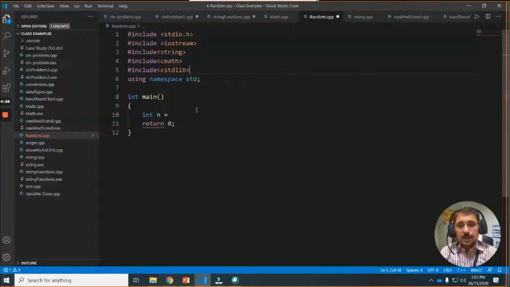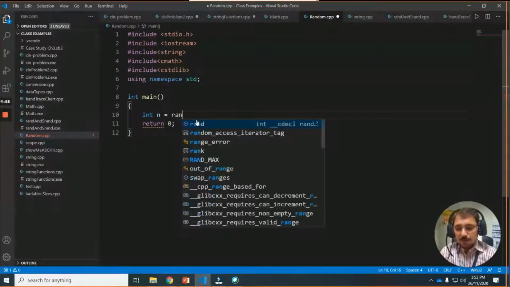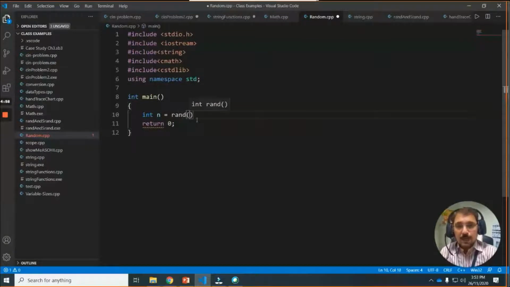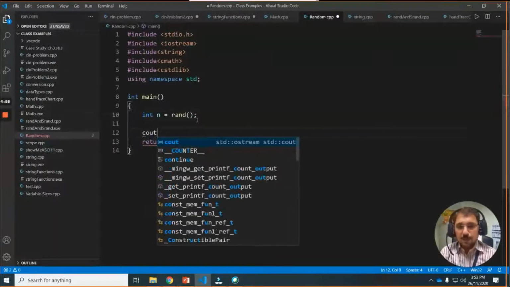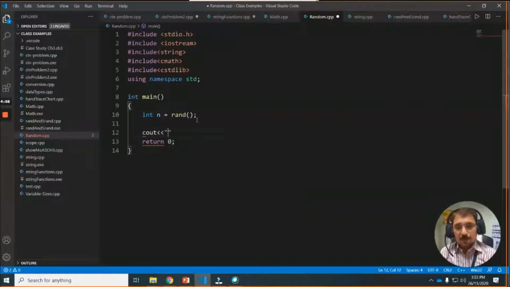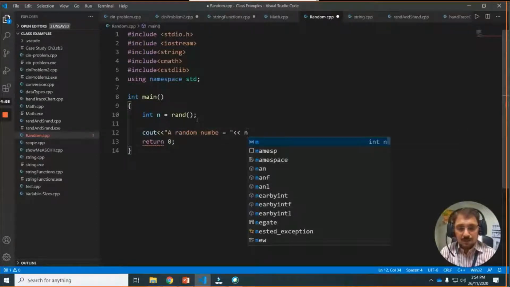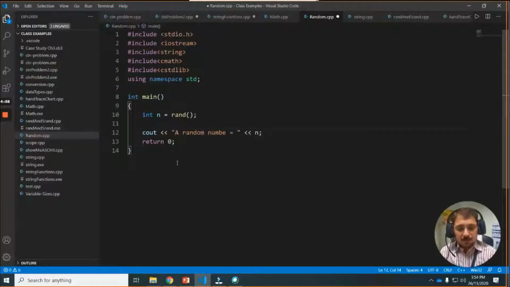Okay, and after that I can use rand and srand. So rand, okay, and it's a function, just like this, and then you see we can print out the value: a random number equal to n, semicolon. Okay, let's put some backslash, new line,